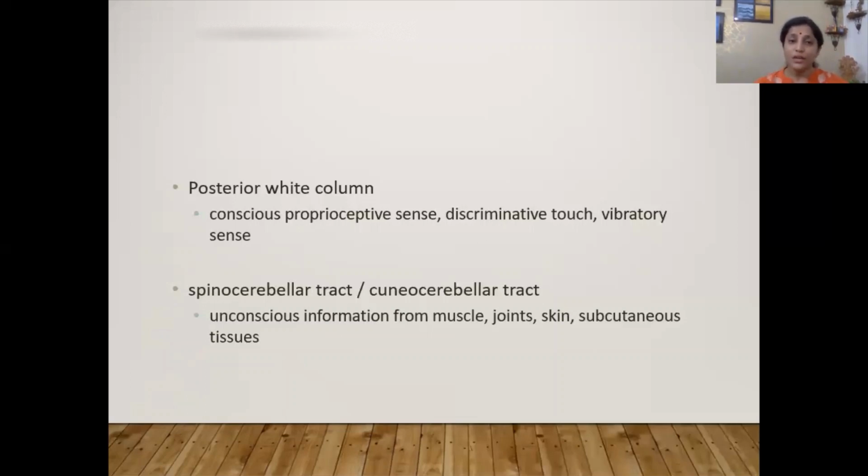So the vibration affects us. This is taken up by the posterior white column. And now we come to a very, very important segment, that is the spinocerebellar tracts. These cerebellar tracts reach the